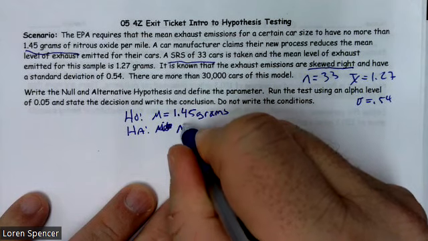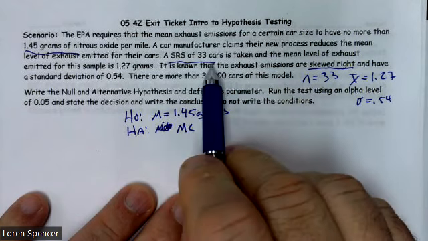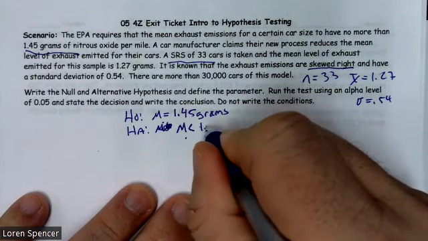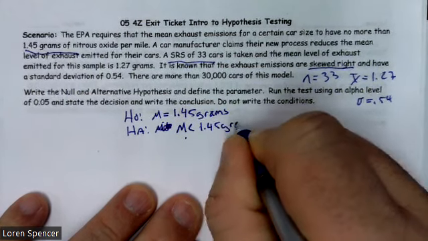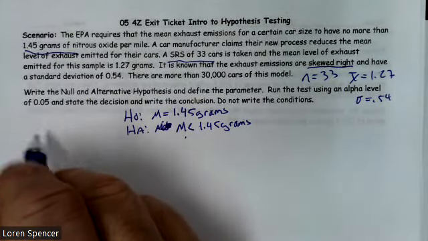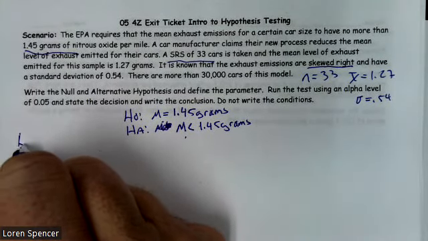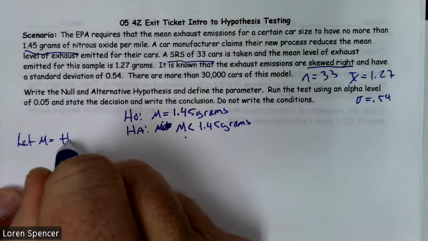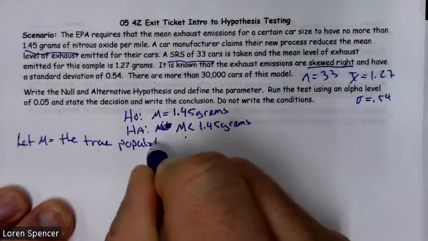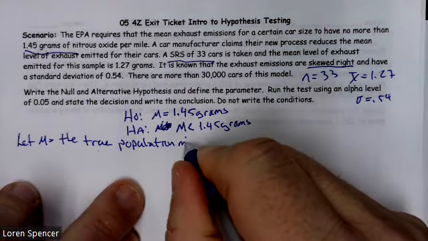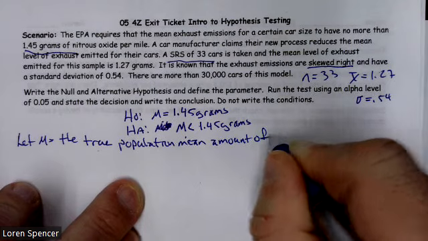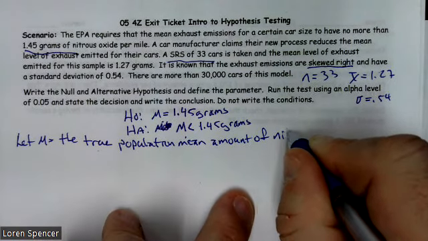For the alternative, the car company claims that it's less. So our mean is going to be less than 1.45 grams. All right. We need to define our parameter. So our parameter is: let mu equal the true population mean amount of nitrous oxide